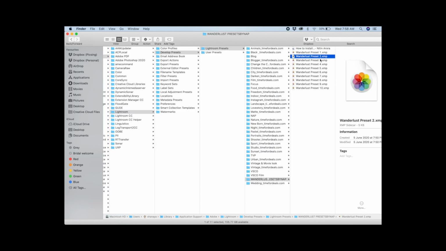So guys, this is the place where Lightroom actually stores the presets, and this is how you can find out. So that's where Lightroom keeps them in its own little system, but I find it easier to use that import command and let Lightroom put them where it thinks they need to go, rather than me trying to figure out this whole path.